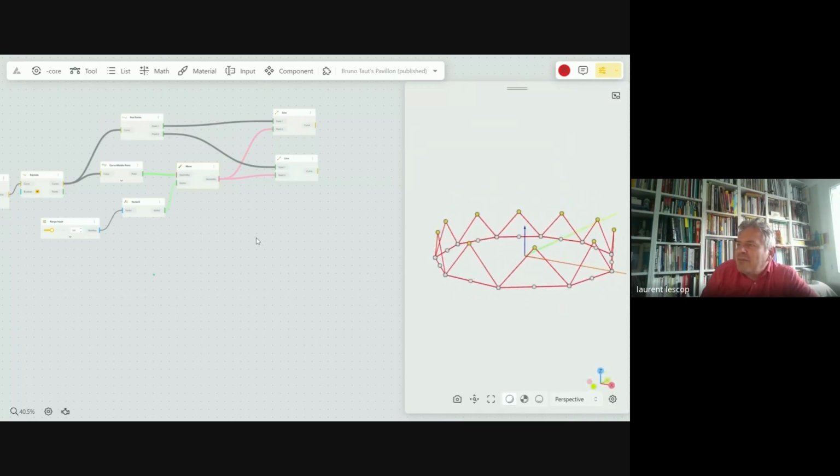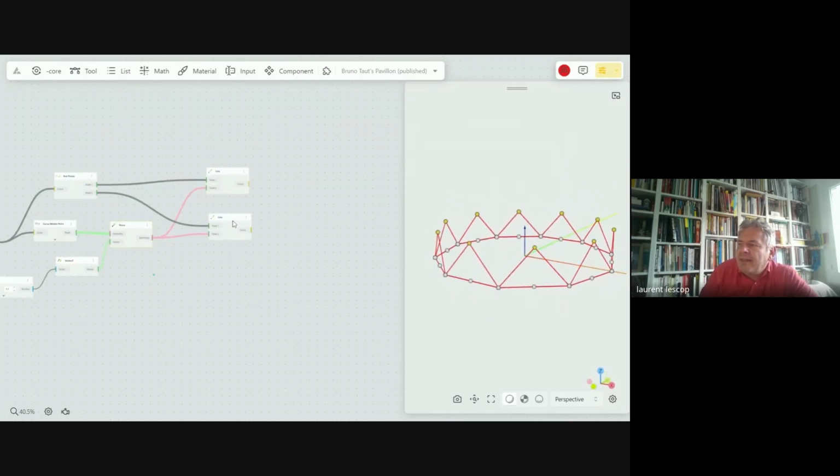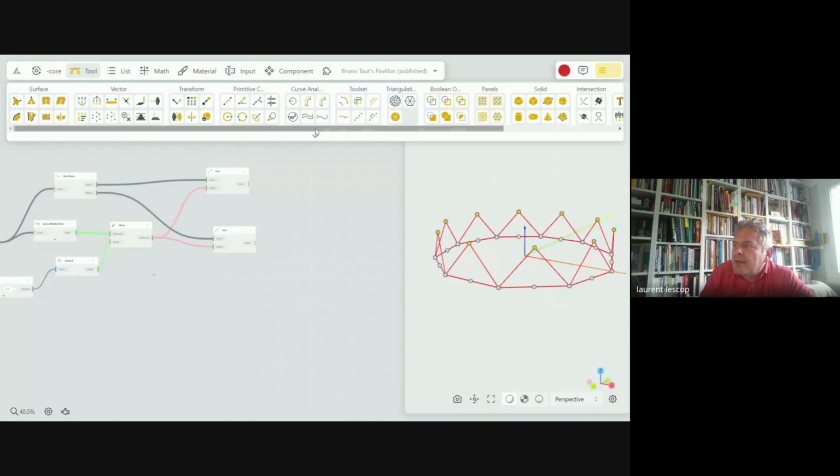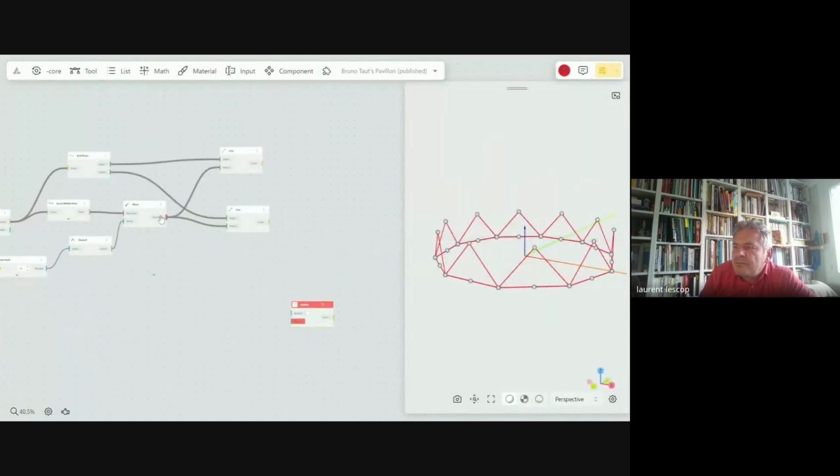So first I've got my triangle here. So I need to create another one, which I'm going to do. So from this list, I will create a polyline. Points here.